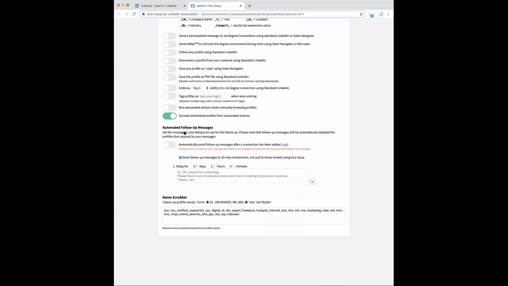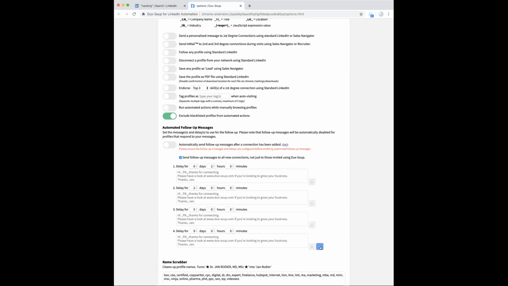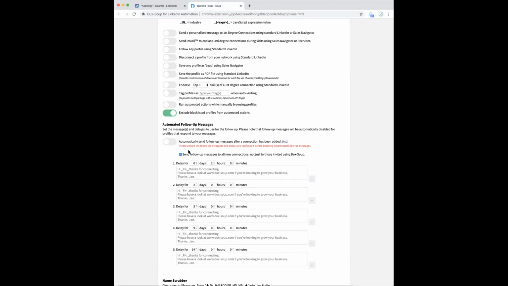The automated follow-up message. If you enable this feature, basically what it allows you to do is set up to 5 different messages that will be sent. You can choose to send to all new connections or to those that you invite via Dux-Soup. Each message has a delay of a number of days, which allows you to automatically retarget a person with a different message after a certain amount of days. And what's even cooler and even more useful is that Dux-Soup will stop sending messages when the person responds